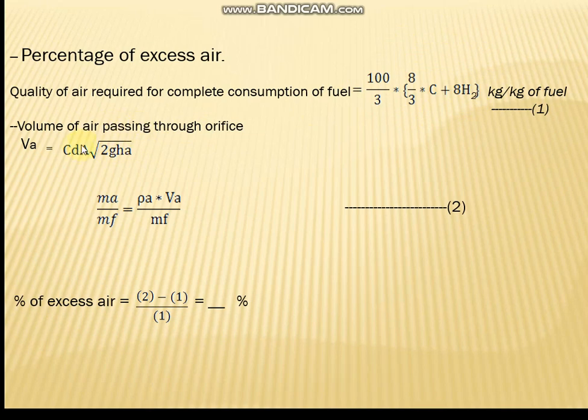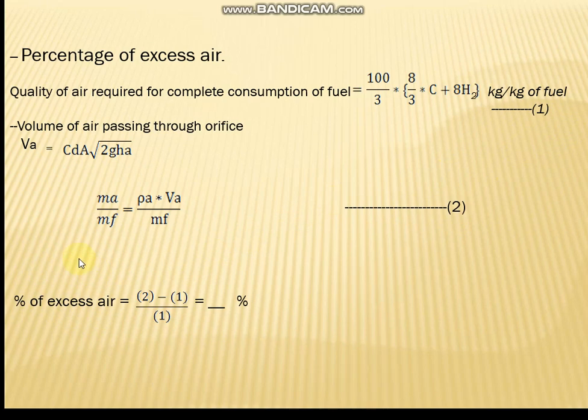Now the actual air flow ratio is calculated. V dot A is equal to Cd into A into the square root of 2g h_a. This is from the air box method. We calculate h_a, the volume of air. Mass of air is rho_a into V_a, the density of air into the volume of air. This is the actual, using the air box method, divided by the mass of oil. Mass of oil is measured with a burette. So m_a upon m_f is the actual mass of air. This is equation number 2 and this is equation number 1.